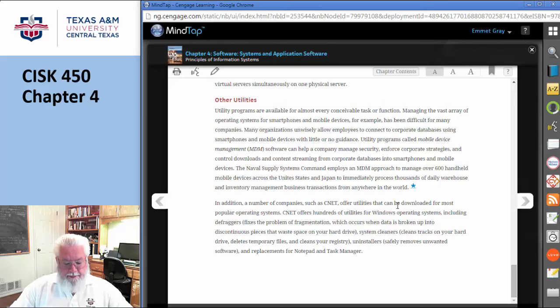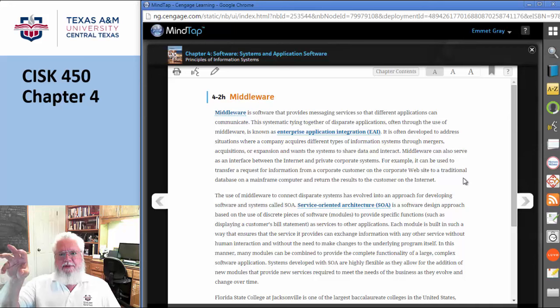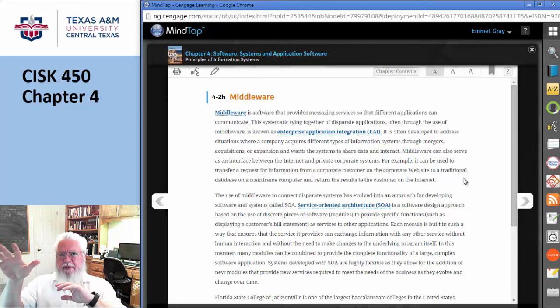All right. The next thing to talk about is this whole concept of middleware. Now, middleware, page 184, middleware used to be big business. And the idea was, I had an IBM mainframe over here, and I had a PC over here, and I wanted to connect the two together and transfer data. And this was kind of a proprietary database over here that didn't exist over here. So I really just couldn't connect. I needed something in the middle, a translator.